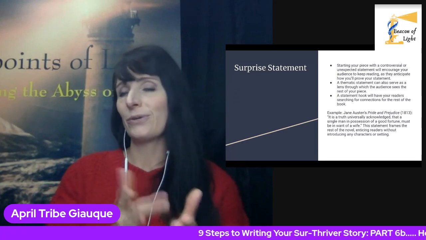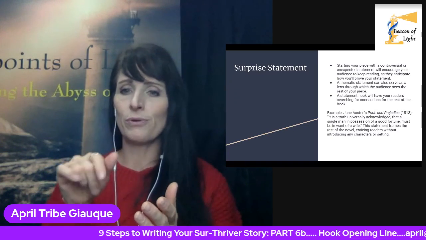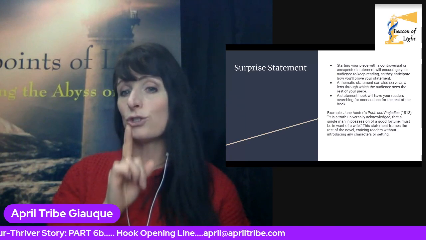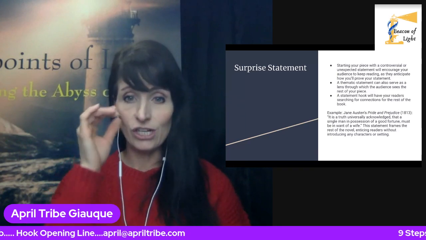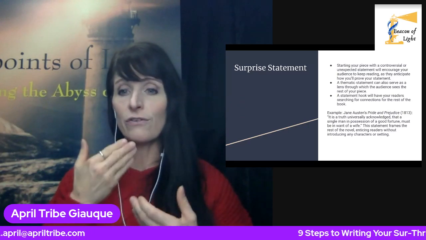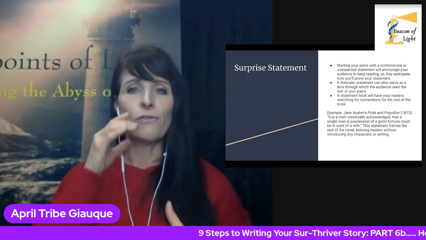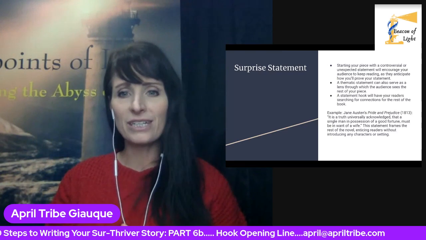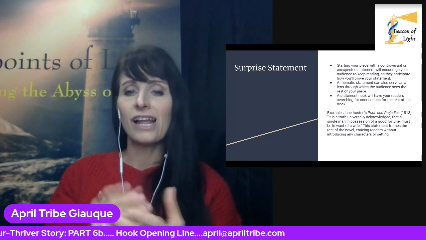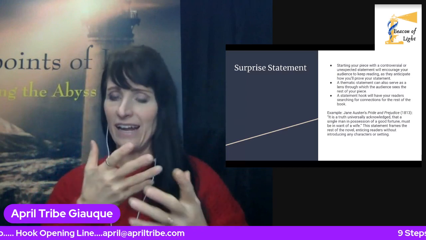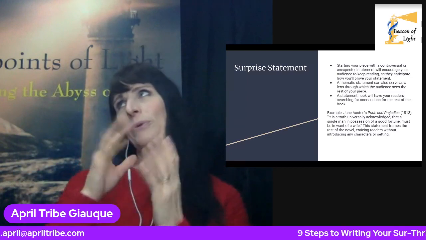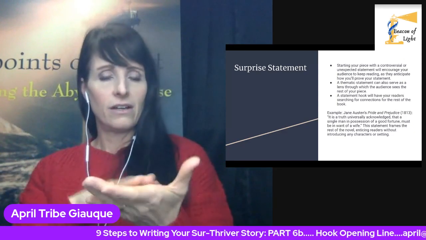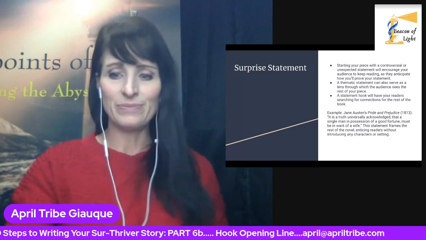List things out. One of my favorite ones is from Jane Austen's Pride and Prejudice. She wrote this in 1813, y'all. "It is a truth universally acknowledged that a single man in possession of a good fortune must be in want of a wife." Okay, you know what the story is going to be about. You're going to have somebody with a lot of good fortune, and he is looking for a wife. And how it all plays out in Pride and Prejudice is super romantic. If you're not into that, that's okay. It's just that idea of, gotcha, pulling them in.